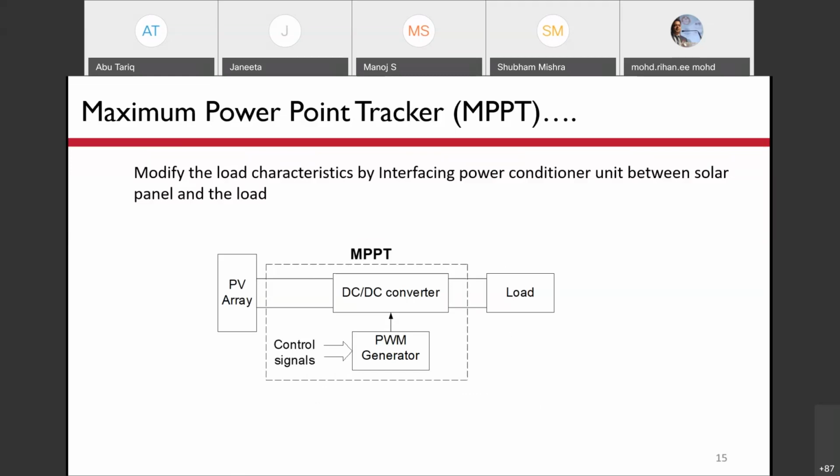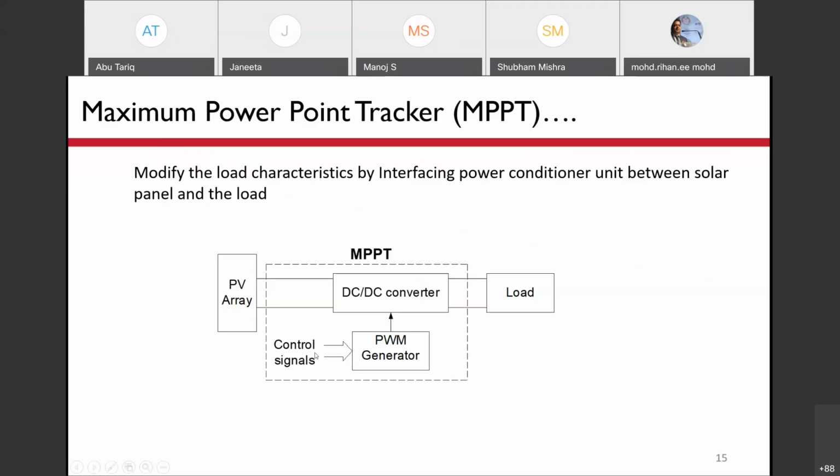For example, you have this buck converter or boost converter, and the control signals for its electronic devices come from an electronic circuit, some microcontroller or something like that. It has to generate some signal for the required duty ratio so that the current is equal to the maximum power point current. Of course, this will require some signals and it will be done in closed loop.